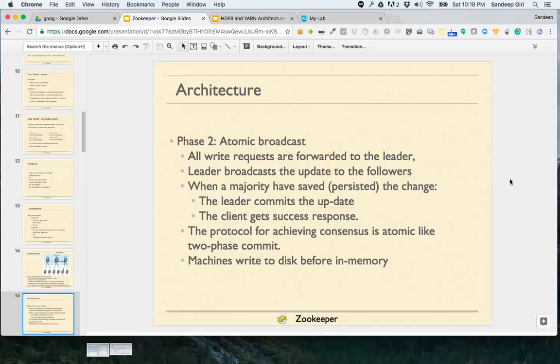Now, very good question from Jamil: how does the client know which one is the Zookeeper leader? The client doesn't generally know. The client only knows one or a few Zookeeper nodes. The client is a client library, and the client library does a lot of heavy lifting. The client library maintains the session and keeps informing Zookeeper that it's connected, and hence the session should be maintained. The client library is the one which gathers the details about the Zookeeper cluster.